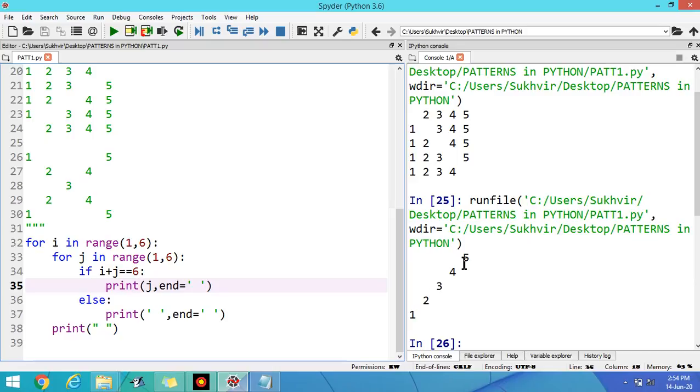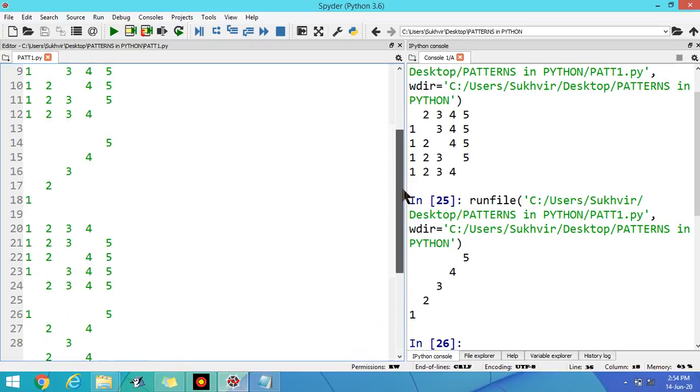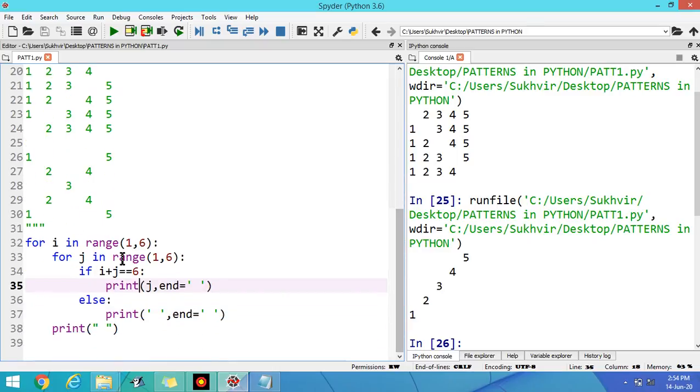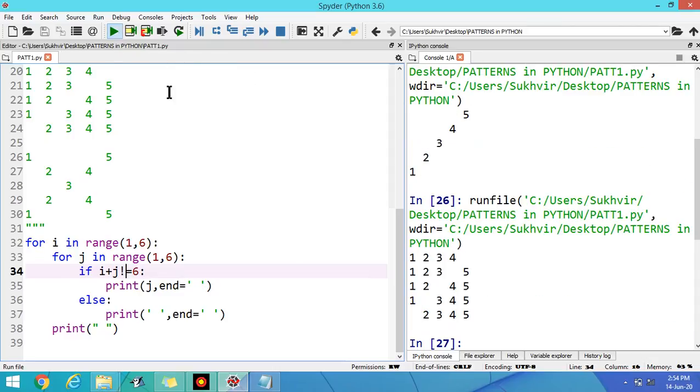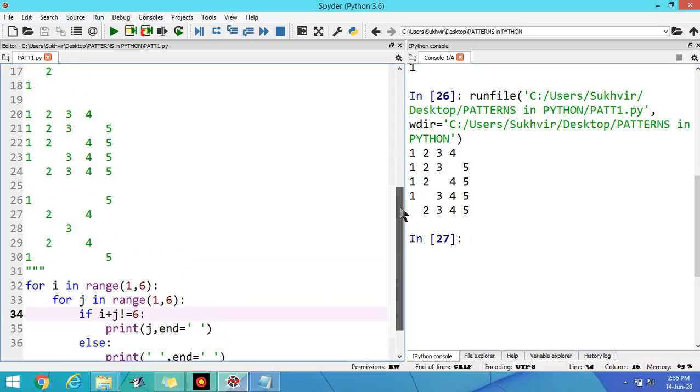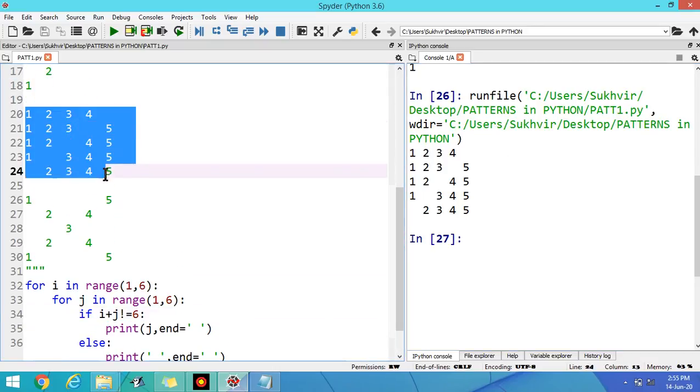You can print the secondary diagonal, that is 5, 4, 3, 2, 1. Now what about the next one? If i plus j is not equal to 6, then you can delete the secondary diagonal and print out the other values. This is the fourth case.